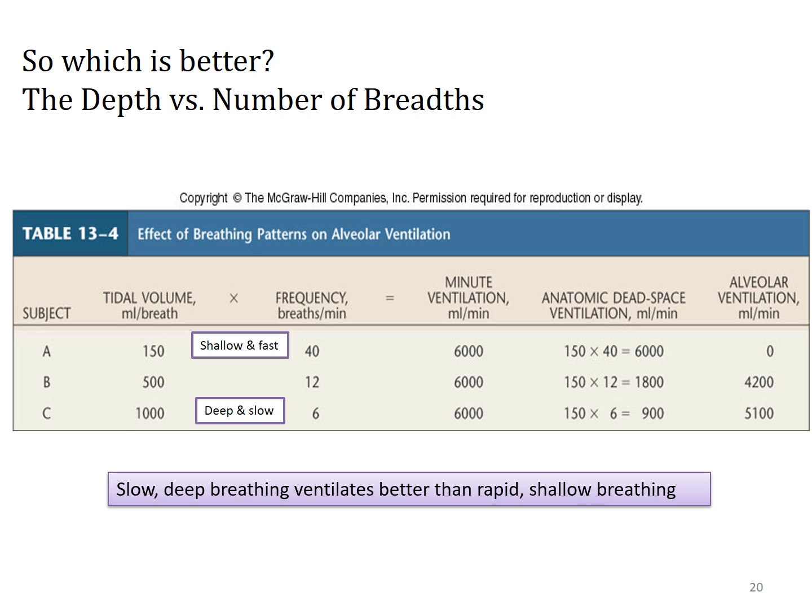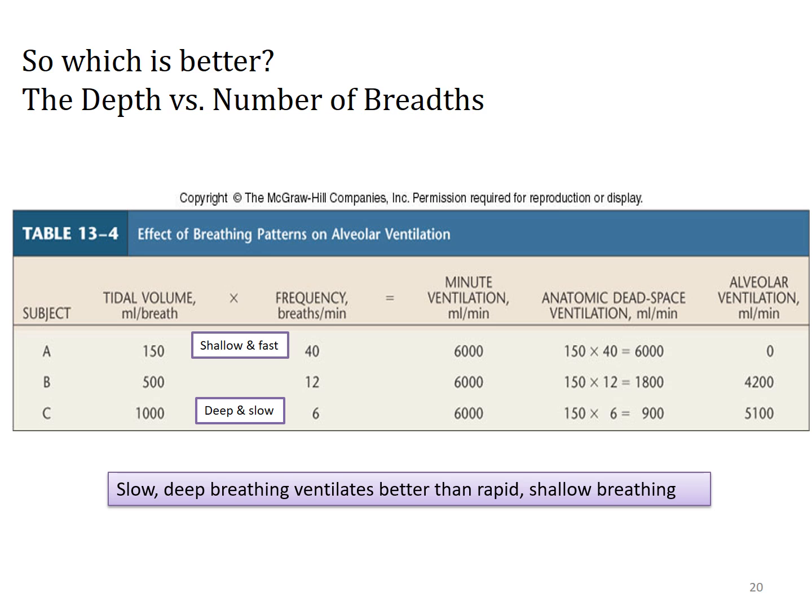You're still exchanging the same minute ventilation, but look at your alveolar ventilation. When you're taking those very shallow breaths, but very quickly, really all you're doing is filling up dead space. You're not getting much air down into your alveoli. As opposed to you take nice, deep, slow breaths, right? Double your tidal volume, but half your respiratory rate. And you can see that you keep the same minute ventilation, but now look what happens to your alveolar ventilation,